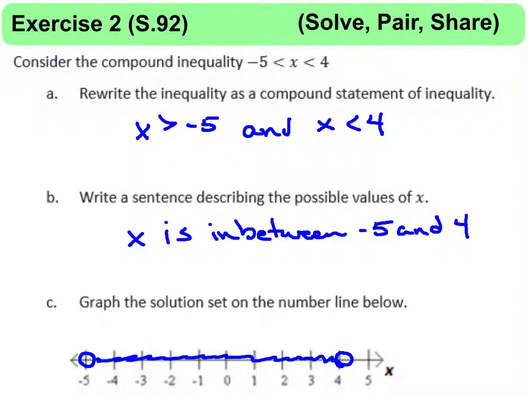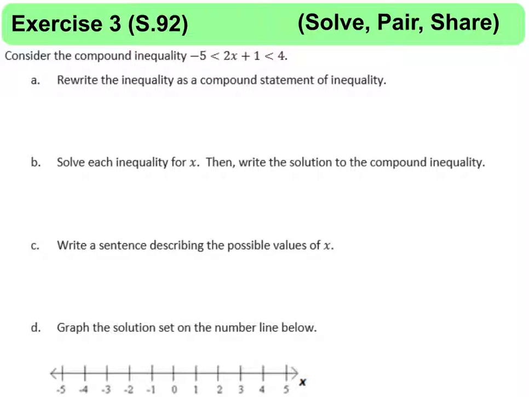In another practice example, exercise 3, we ask students to consider the compound inequality -5 is less than 2x plus 1, and 2x plus 1 is less than 4. When we rewrite the inequality as a compound statement, we're writing two things: 2x plus 1 is greater than -5, and 2x plus 1 is less than 4. In part B, they want us to solve the inequality for x in each one. So if we took a look at this piece here, the 2x plus 1